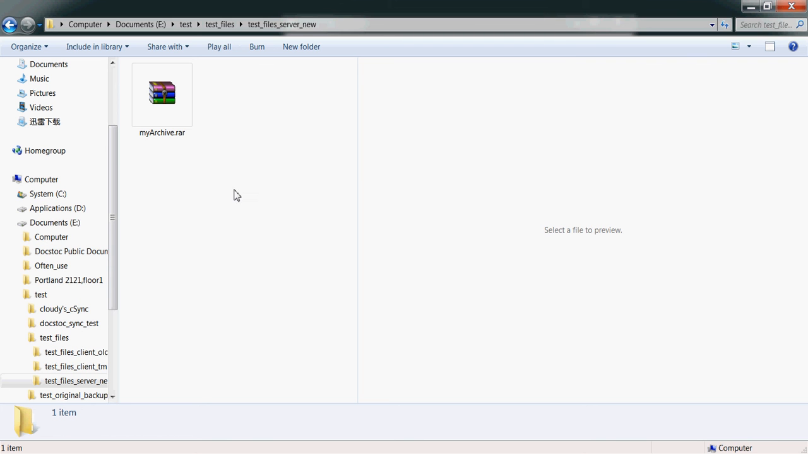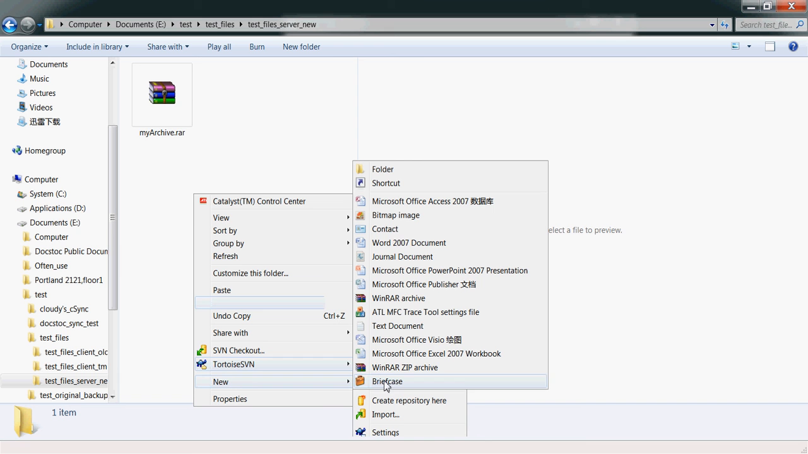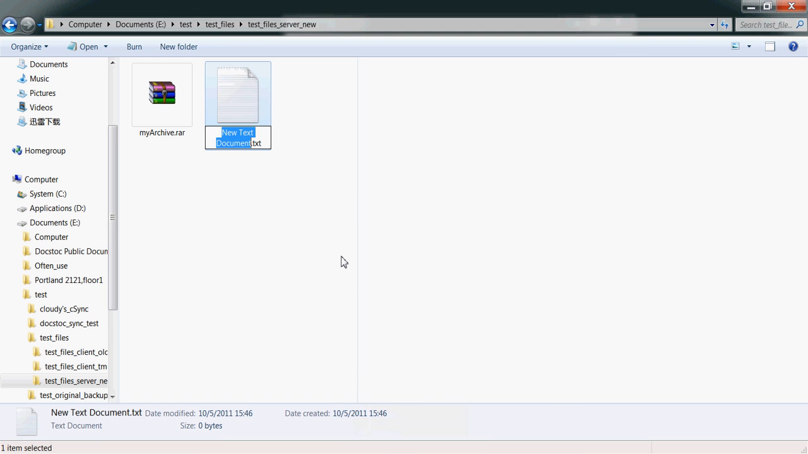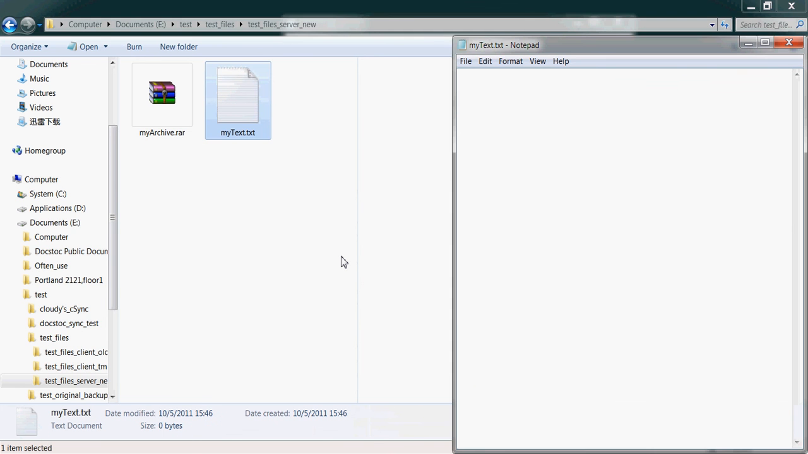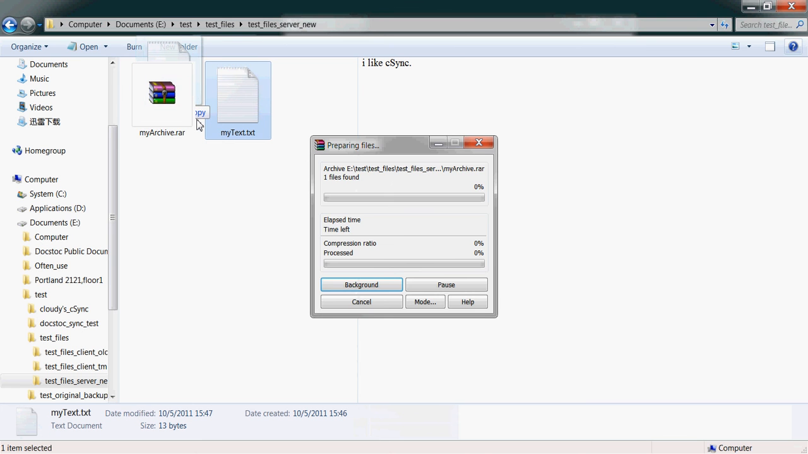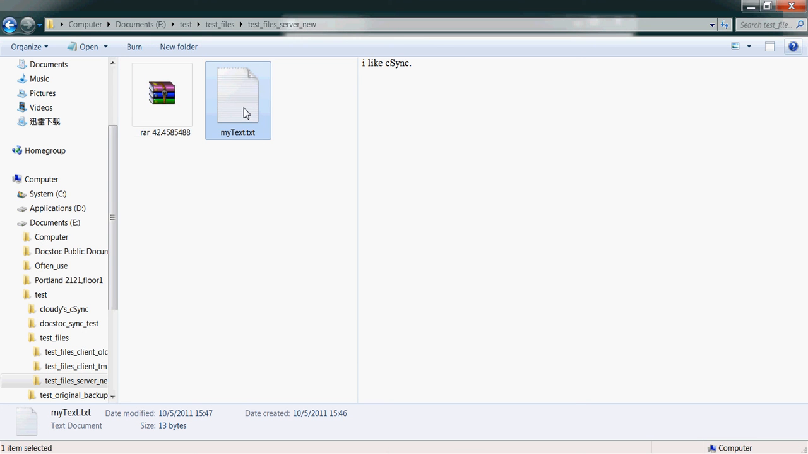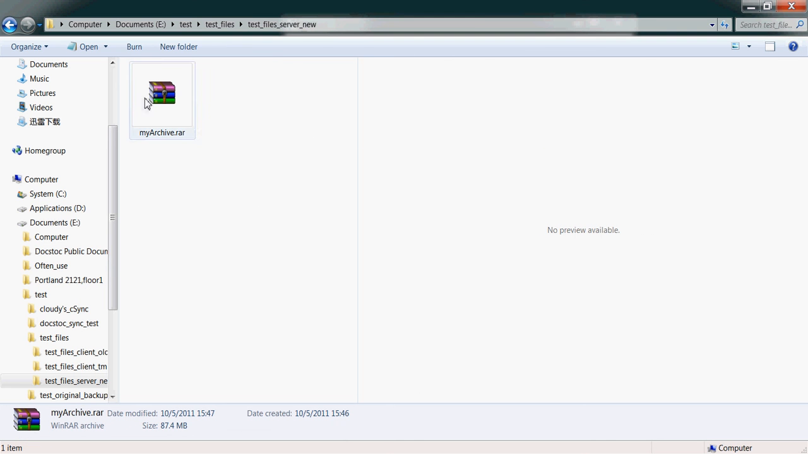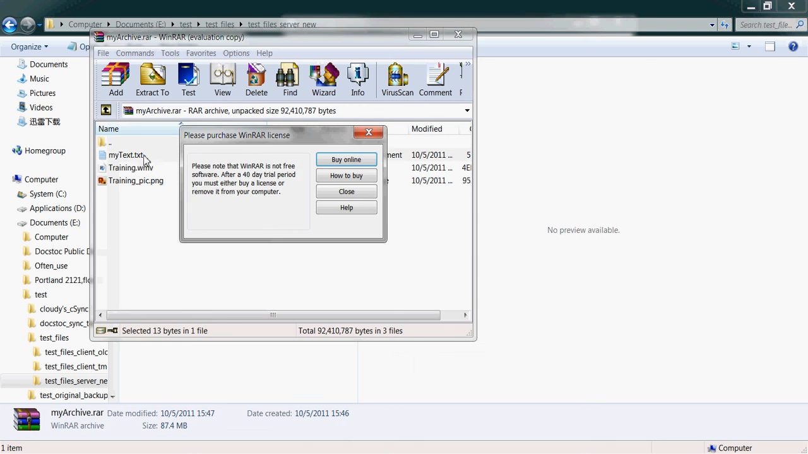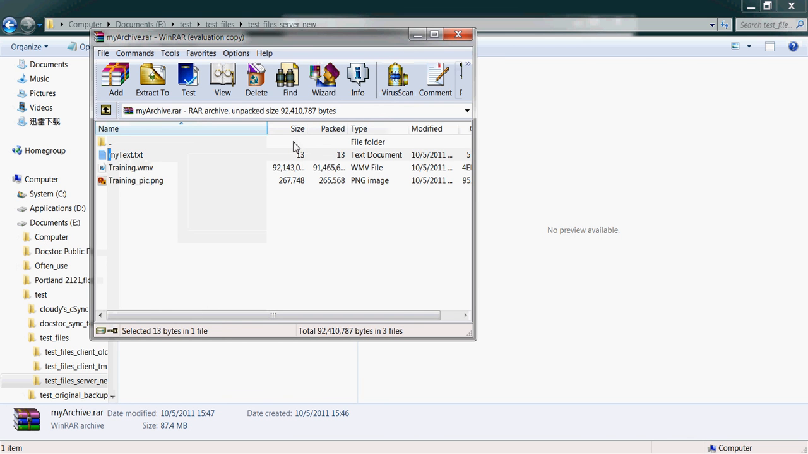Now in the server side, maybe other people just add a file into it, a text file, my text file. I like CSync, pretty simple. And then add to this archive file. Okay. You can see in the server side, there is one additional file here, but other two files are exactly the